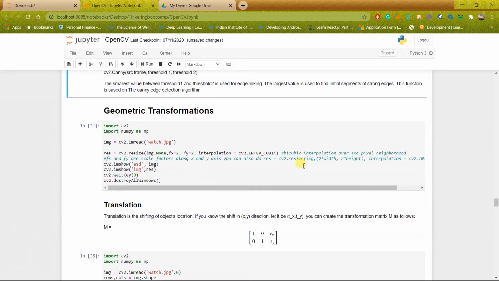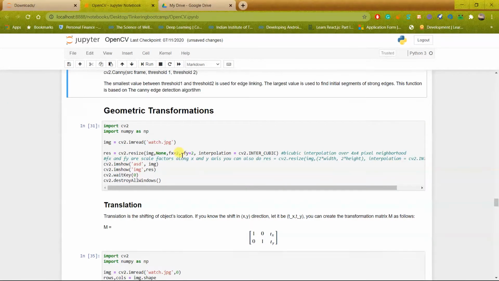So the first is, I'm sending the input as img, cv2.resize, then I'm sending the input as the image which I have read. This is the same watch.jpg which I used in the beginning. After that, I specify fx is equal to 2 and fy is equal to 2. So this is the amount of scaling which I want in each direction. fx is in the x direction and fy is in the y direction.